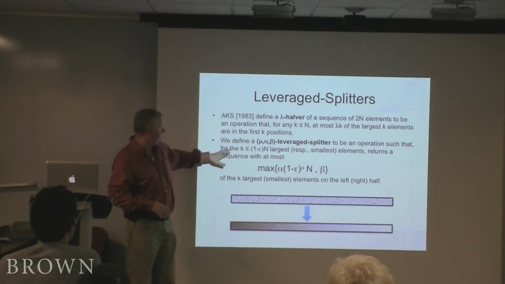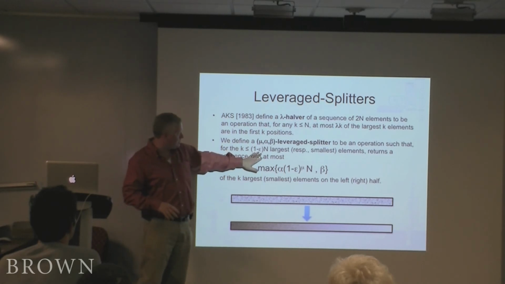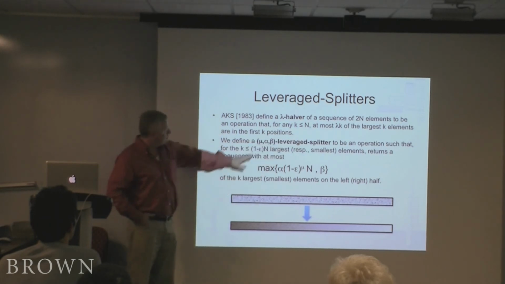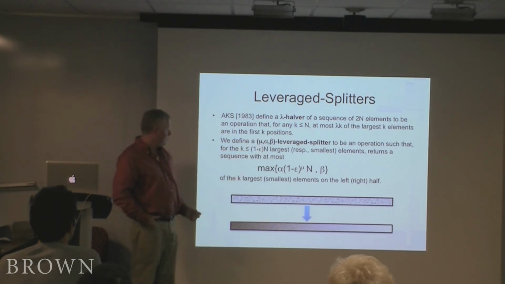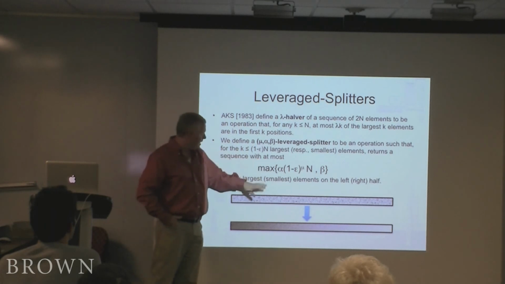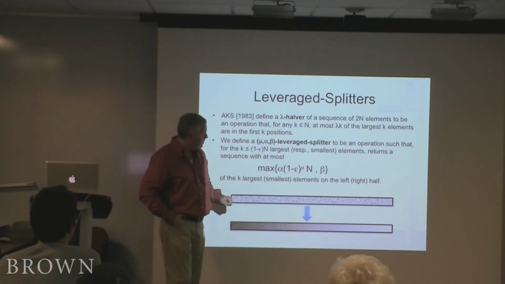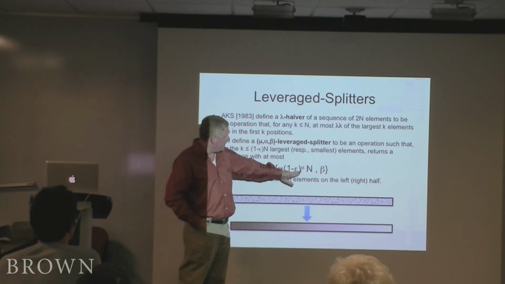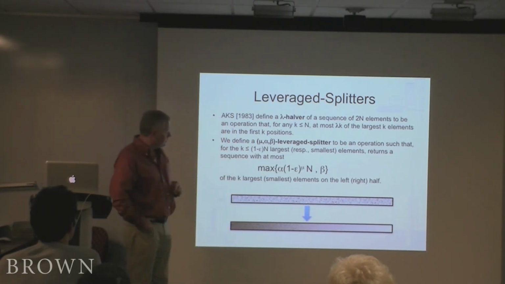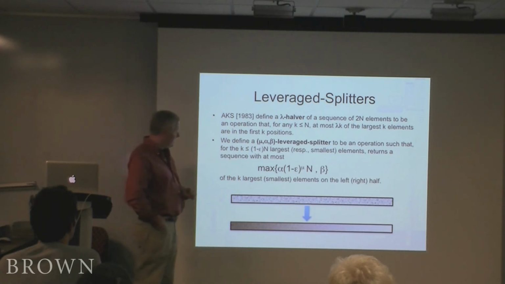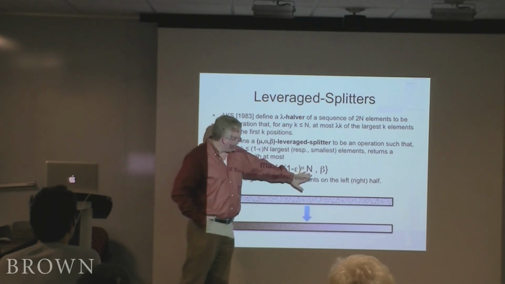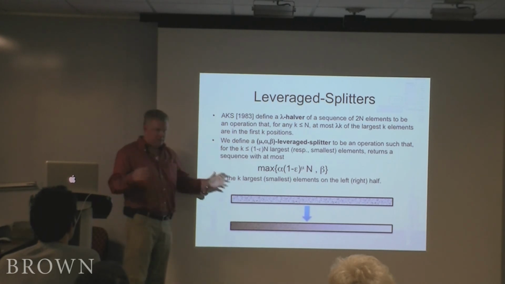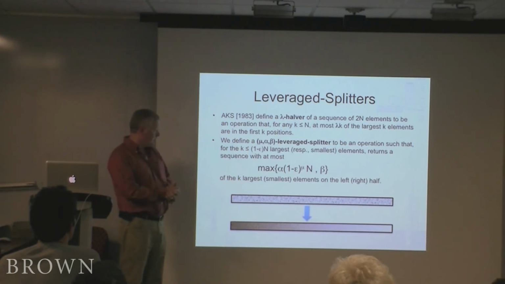This is an operation that, for k less than 1 minus epsilon times n, so there's a slight difference here, takes those largest elements, or the smallest elements symmetrically, and returns a sequence that has at most the maximum of alpha, some constant factor, times 1 minus epsilon raised to the mu power, where mu is always a number greater than or equal to 1, times n, and then has beta as a floor. You could have some small number of things that didn't quite